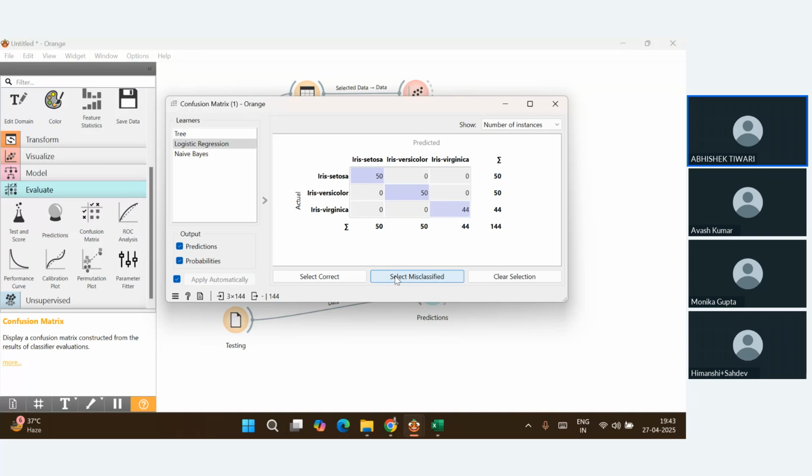Nothing is misclassified, so that's why it is giving the F1 score as 1. Okay, for naive Bayes, let's see, select misclassified. These are the options. Correct ones are these. Clear the selection. For tree also,